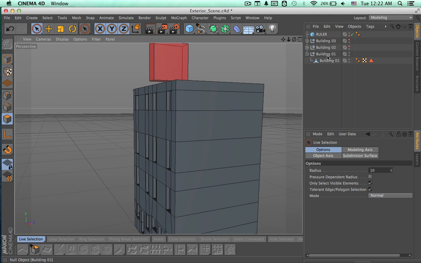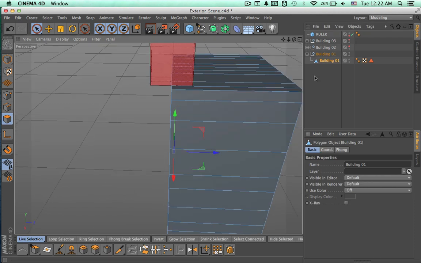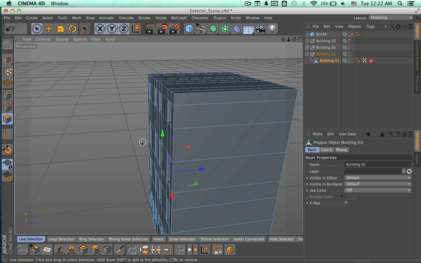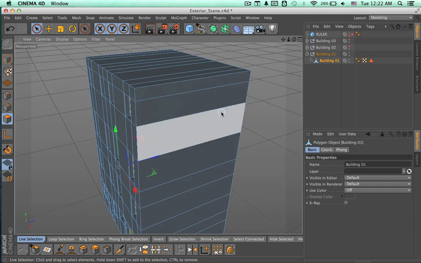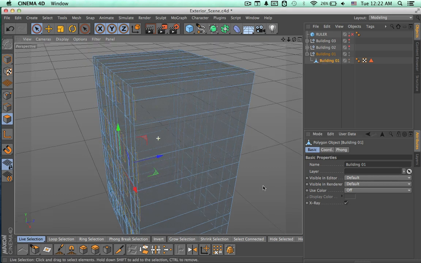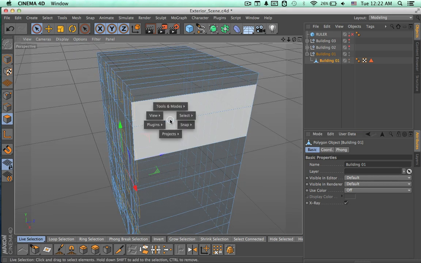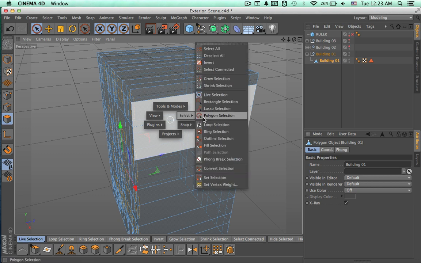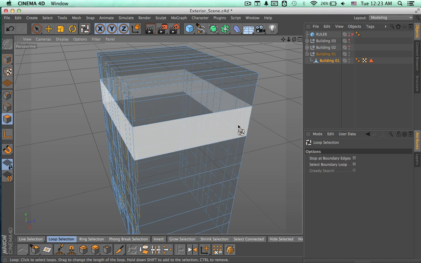And now we can go back here, and we can uncheck this ruler because we don't need it at the moment. So now what we have to do here is to make some divisions to these polygons that we have here on the sides of the building and on the top of the building as well, because they are just too big. So we are going to make some divisions to these polygons, and you can use a shortcut, which